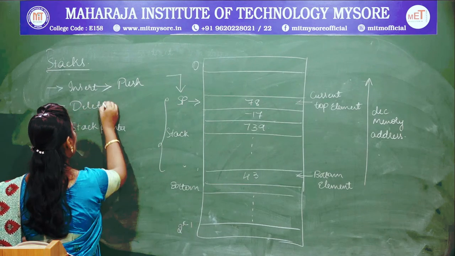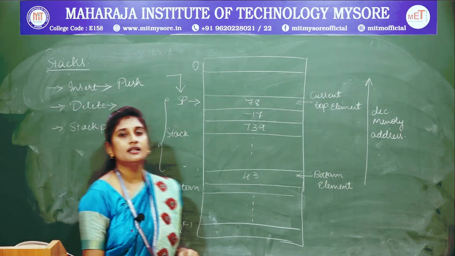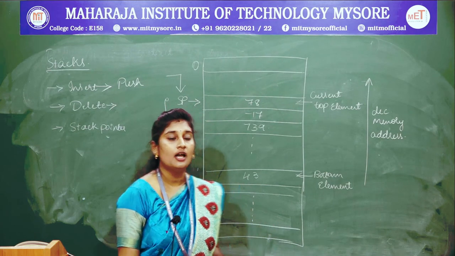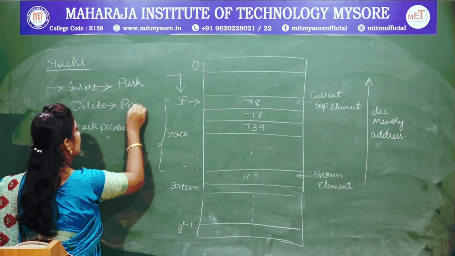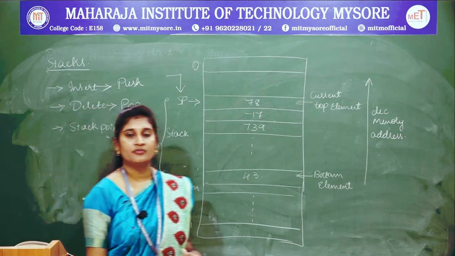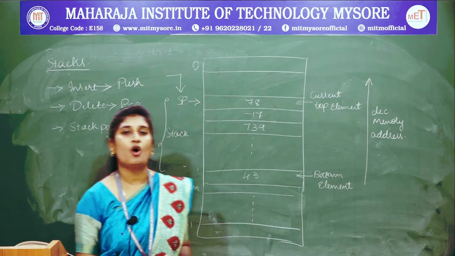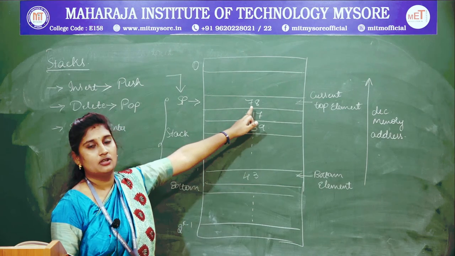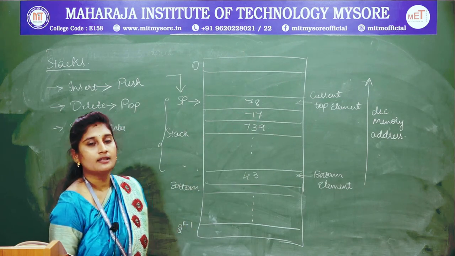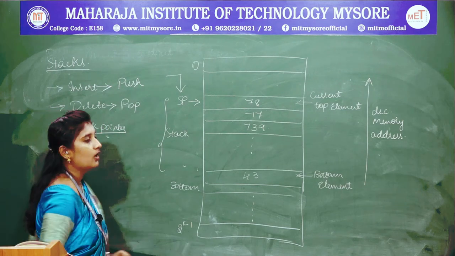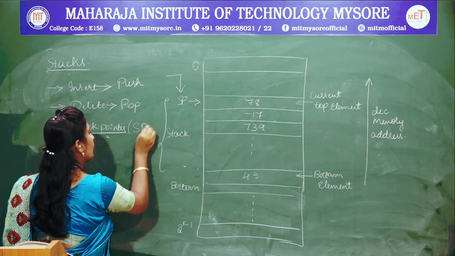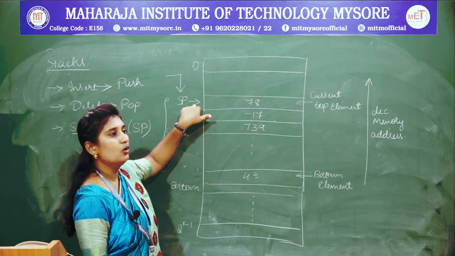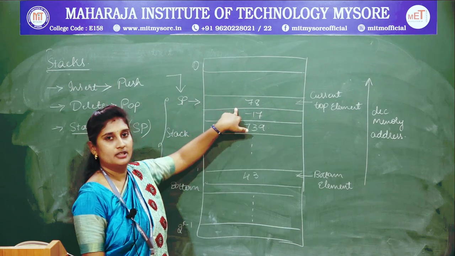Whereas coming on to the delete operation, you will be deleting an element again from the same end of the stack, that is from the top of the stack, and that operation you will be calling as pop operation. Whereas you will be having another pointer register which will always be pointing to the top of the stack at any given time, and that pointer register you will be calling SP. Whereas SP is nothing but a stack pointer which will always be pointing to the top of the stack at